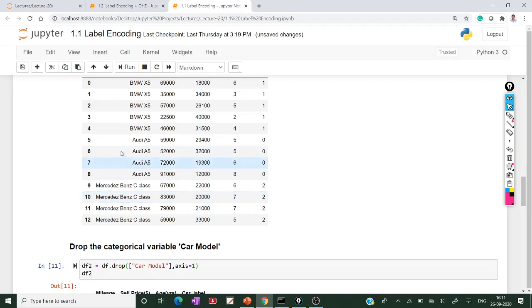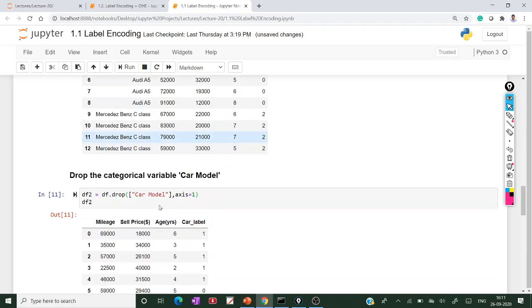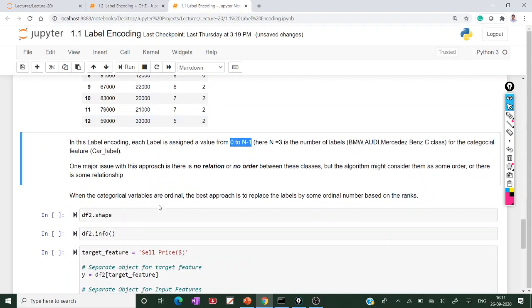So here n is equal to 3 labels, and from 0 to n minus 1 means from 3 different labels we assign up to 2, that is 0, 1, 2.